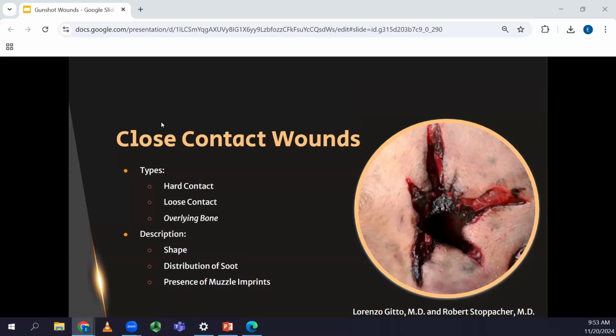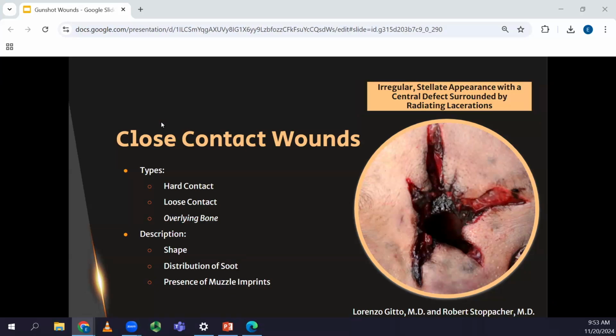Stellate, right? So there's a lot of tearing of the edges. And this is because, if you can tell, I don't know if you can see the eyebrows in the image, this is right in the middle of the frontal bone. So it's like an irregular stellate appearance with a central defect surrounded by radiating